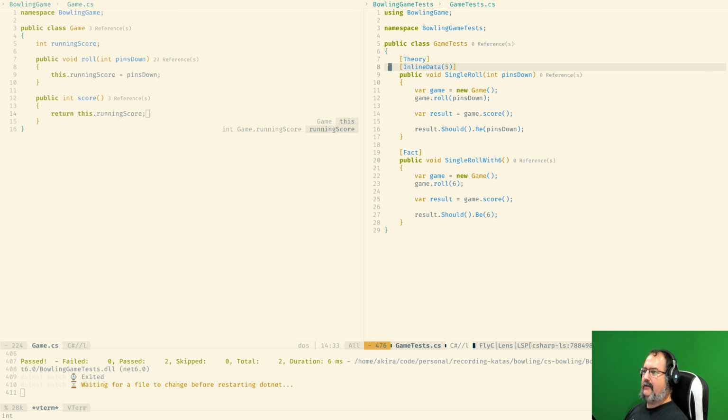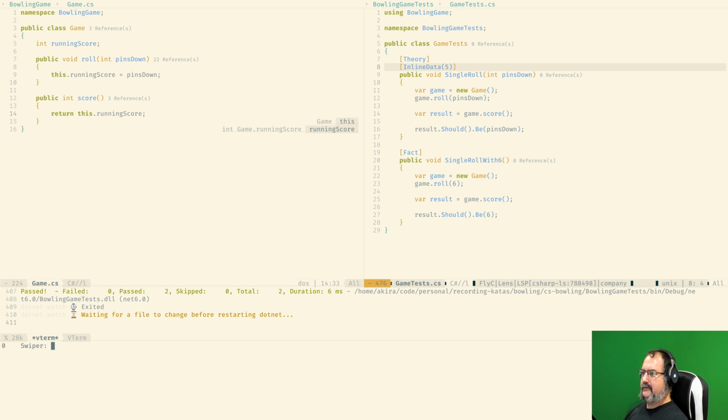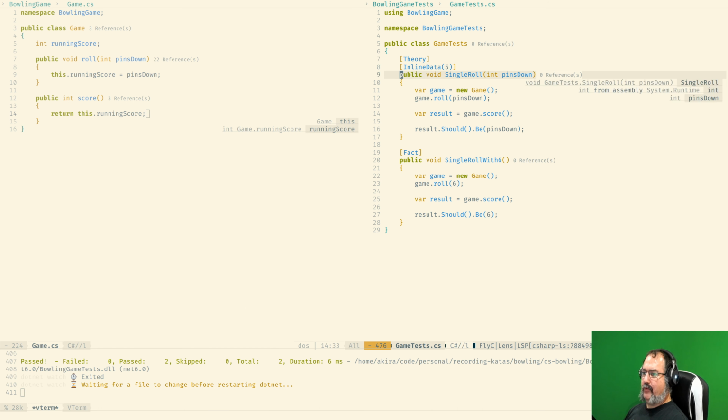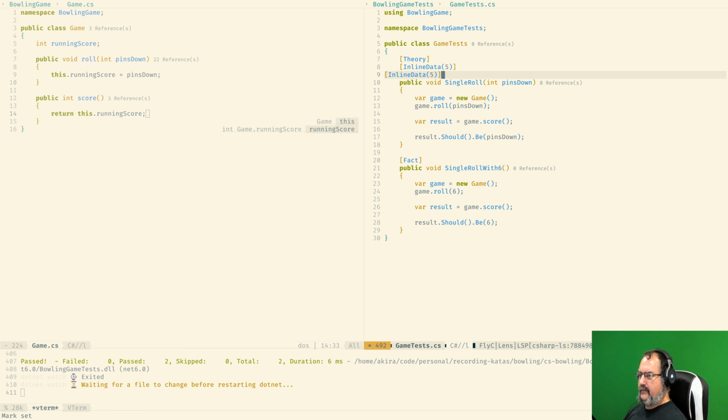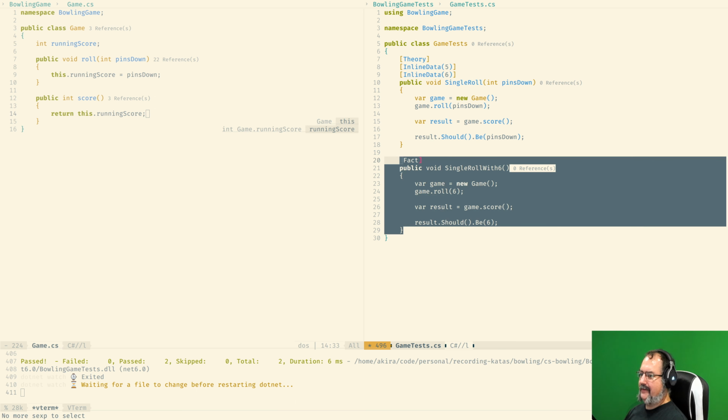So what I can do now is, both tests are exactly the same. The only difference is the 5 and 6. So I'm just going to go down over here and put the 6 over here, and we can remove this test now because it's actually the same thing.